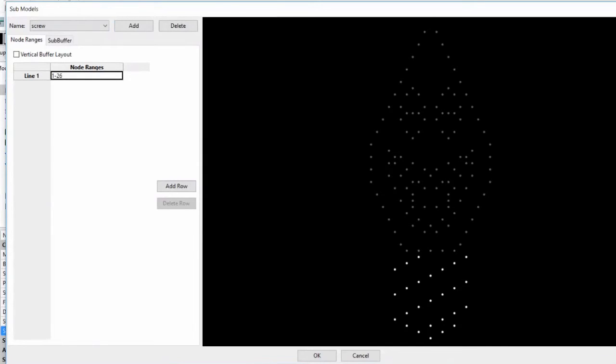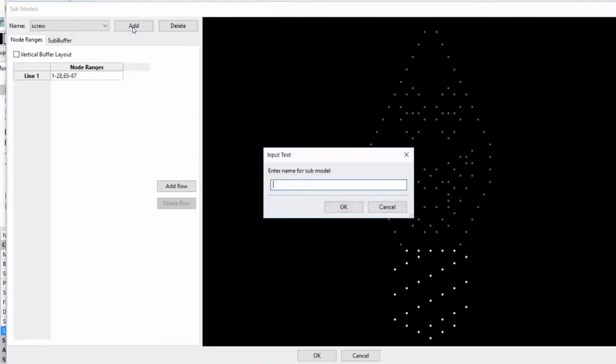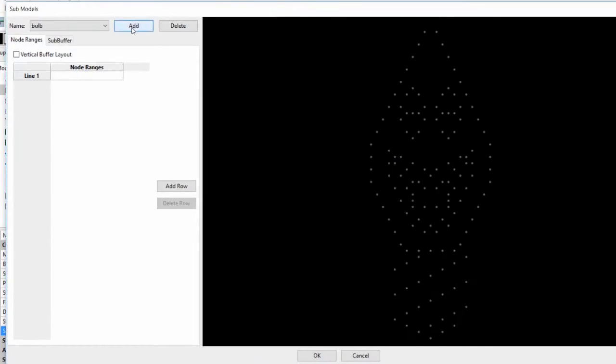Actually, we might want this piece along the bottom here. So it's 28. So it's going to be 27 to 28. Oh, it goes up to 28. And then 65 to 67. So there's the screw on the bulb,